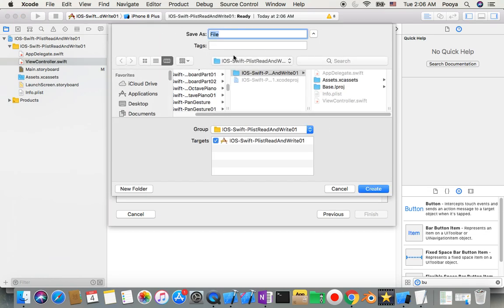I'm gonna name it plist read and write. It's not important, it's just a file, or you can say write helper or whatever you like,